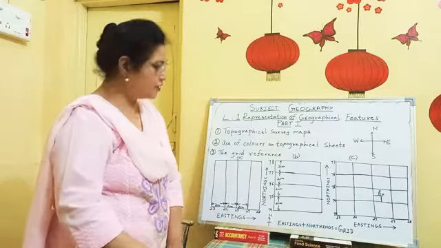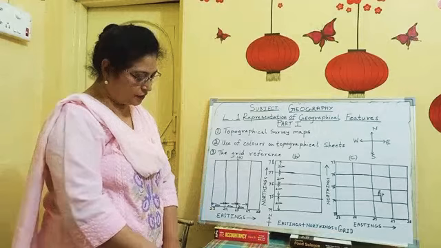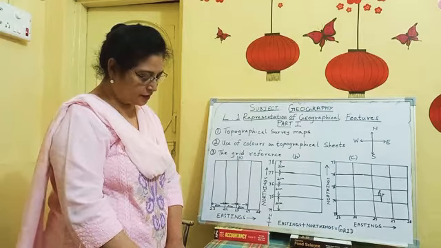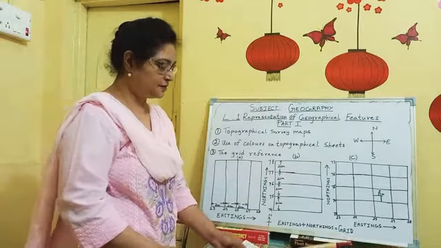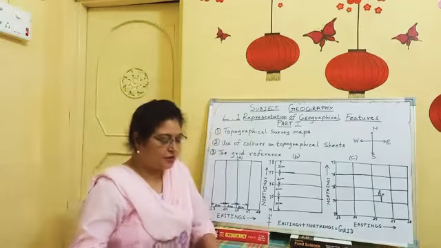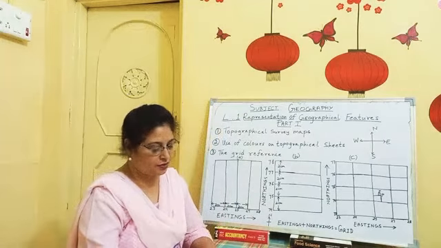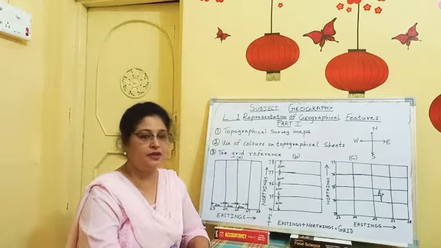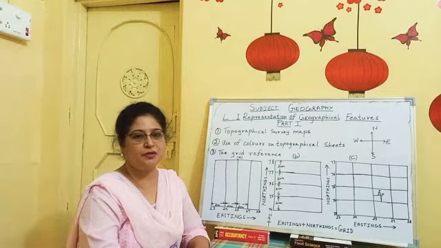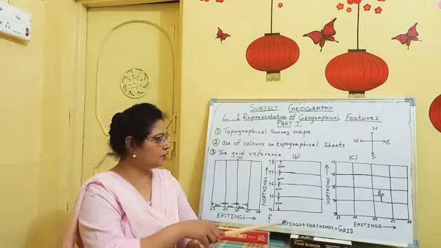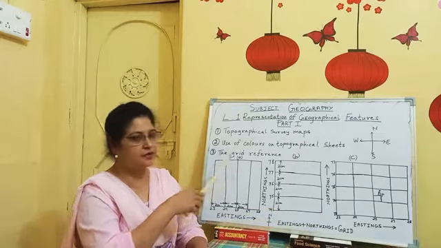Reading the grid reference. How do we read the grid reference? The following points as per the convention should be kept in mind while reading the grid reference. The first is, origin is the southwest corner of the map. The reading on the map is always taken with reference to this origin. It means whenever we are reading the map, we should begin from the south and go towards the west.